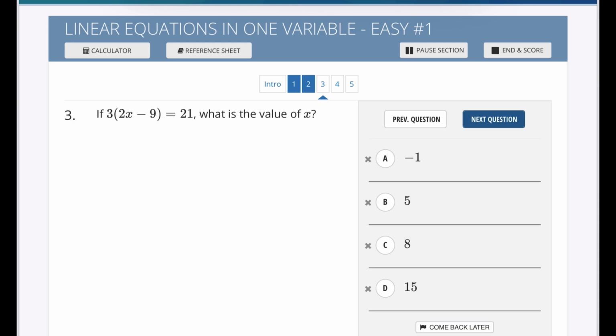So the common mistake here that I would see is distributing. The SAT purposely factors this problem so that people have an instinct to distribute. There is no need to distribute the 3 over here. No need. It will waste your time, and it does not help at all. It actually